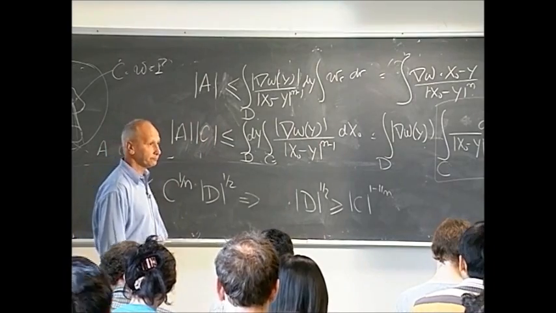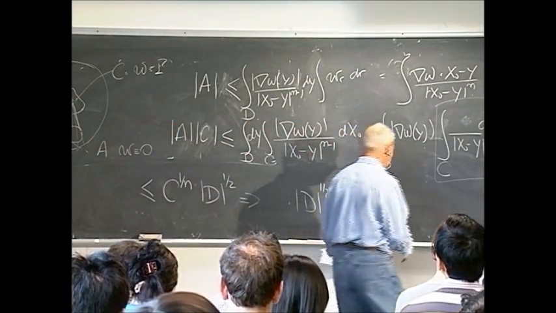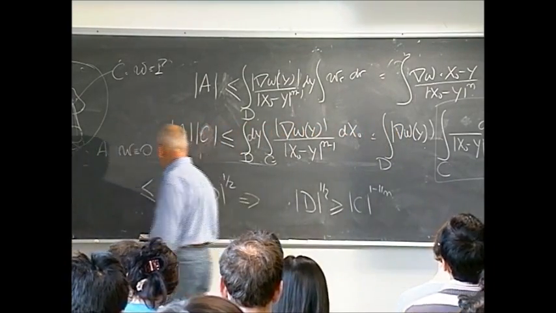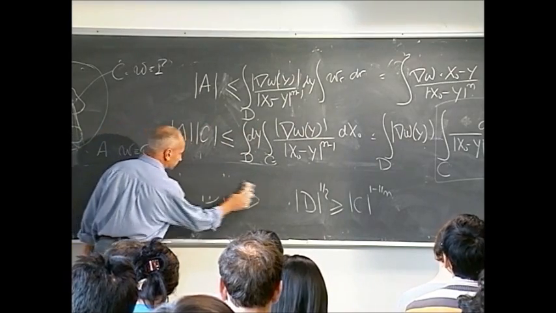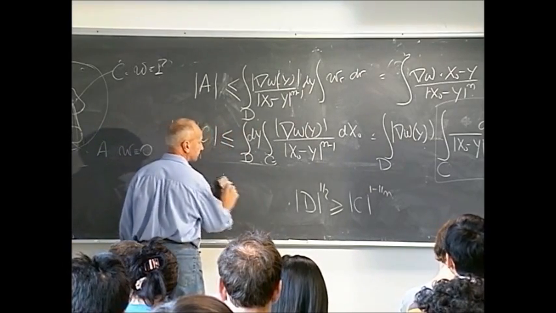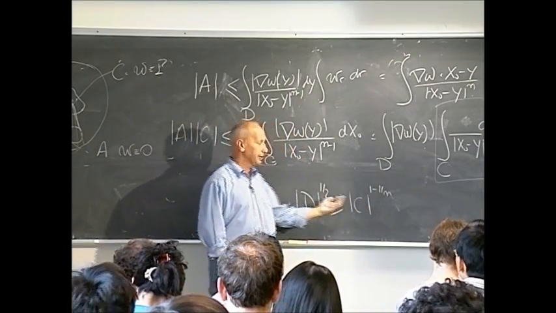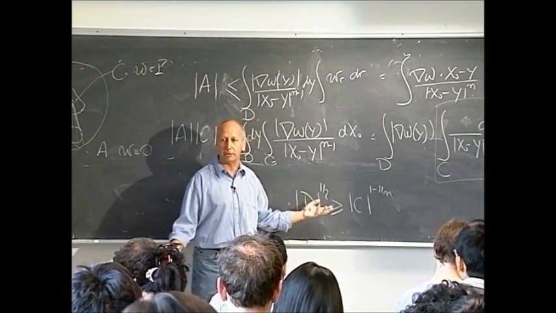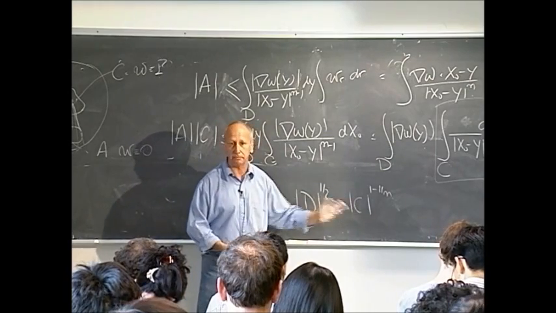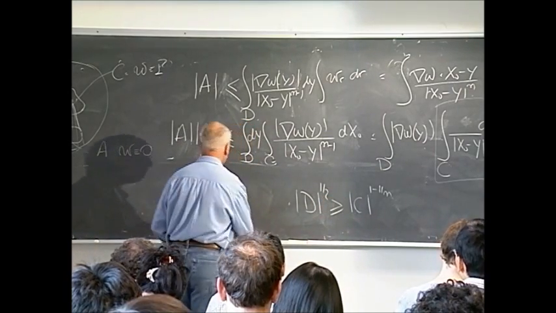And so now, the important thing is that if C is strictly positive, the amount of room I need is strictly positive. The exponents are not important, right? The only important thing is that